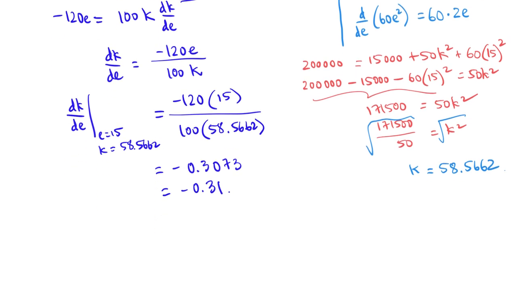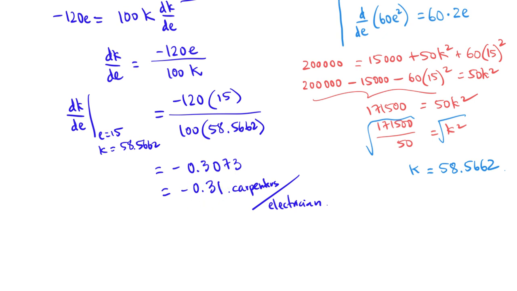What is the unit for this number? The derivative is dK/dE, so the unit of negative 0.31 is the unit of K over the unit of E. The unit of K is the number of carpenters, and the unit of E is the number of electricians. What does it mean? If we were to increase by one more electrician, meaning if we hire one electrician, then we would lose or decrease the number of carpenters by